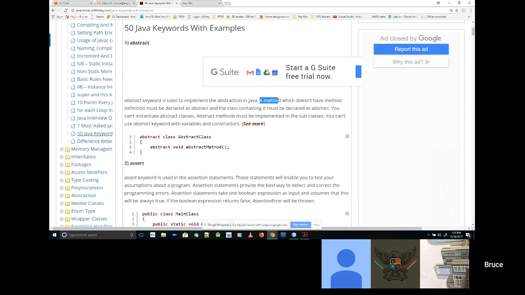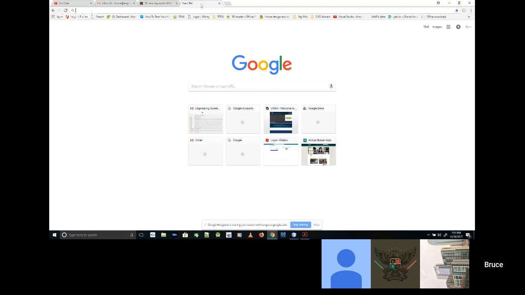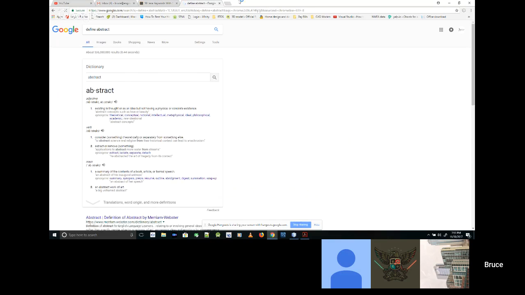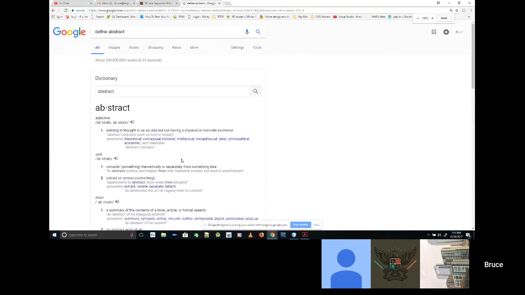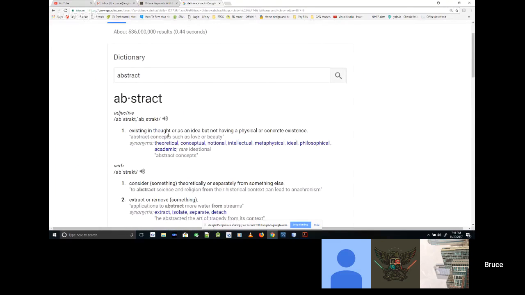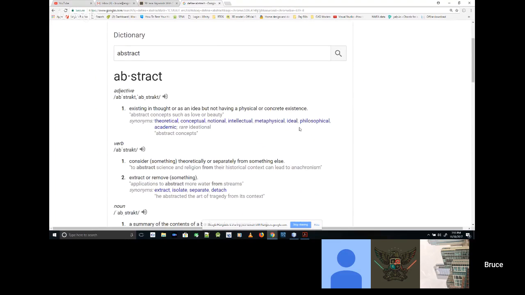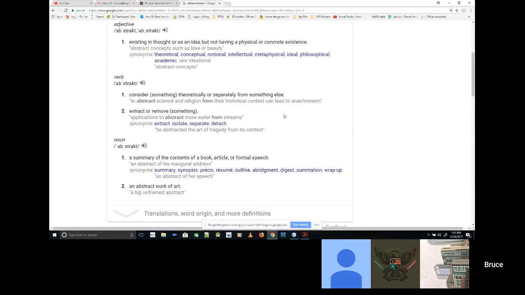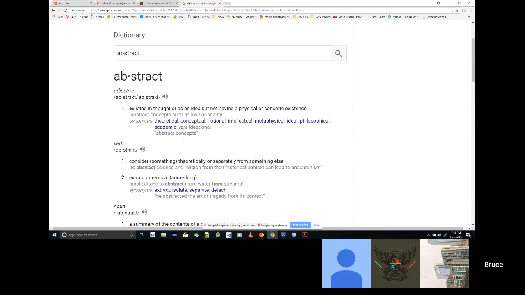Okay. Let's see if Webster's has a better definition here. What does it mean to be abstract? Existing in thought or as an idea, but not having a physical or concrete existence. Well, that's true too. This is what I'm talking about, this adjective.